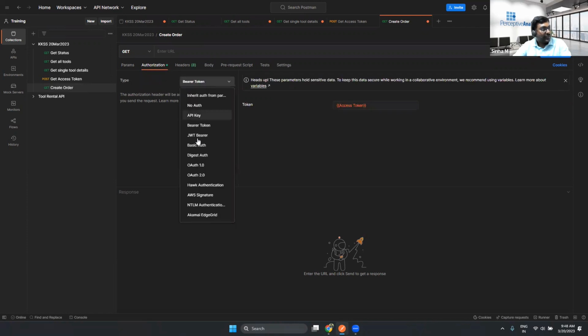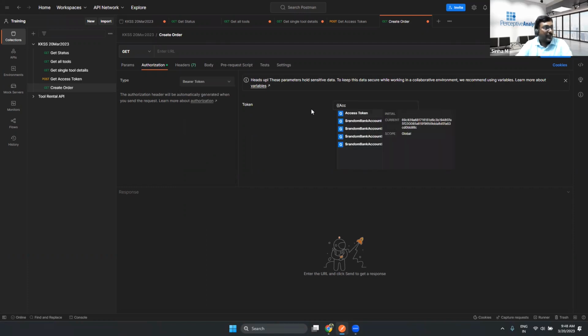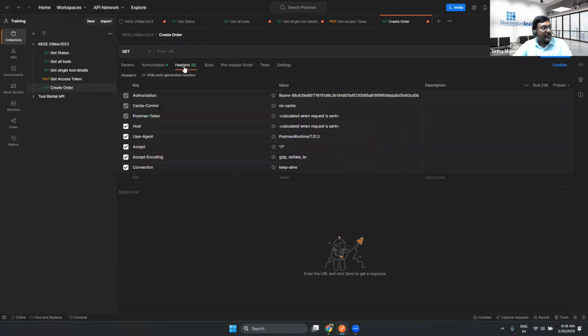Okay, so these are different types of authorization. Basic authorization asks for a username and a password. API key asks for an API key. So the one that this API allows is bearer token. So let's go with bearer token, and let us get the access token here, in global, right? Now authorization is ready, and if you see here, it has generated a header for you